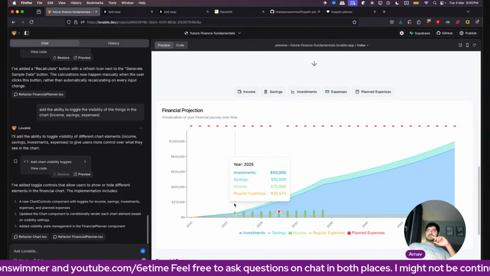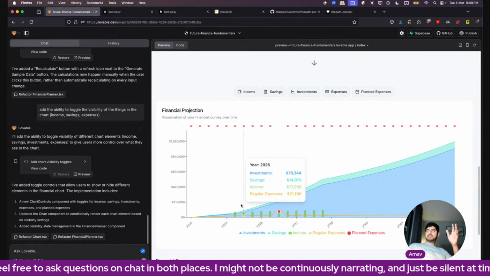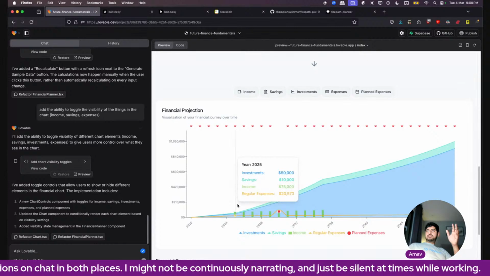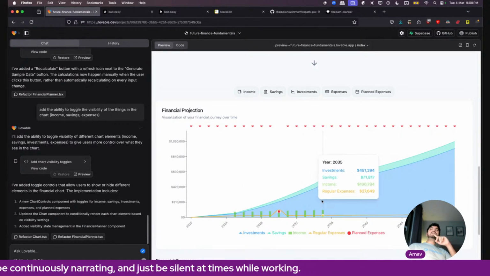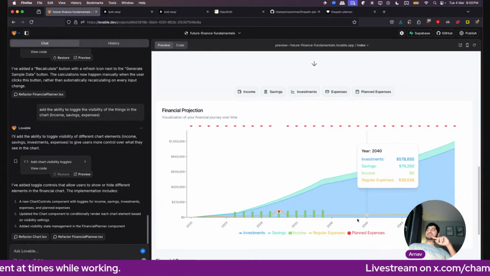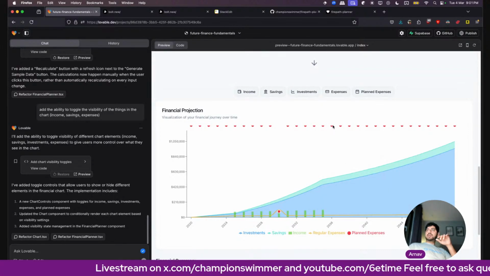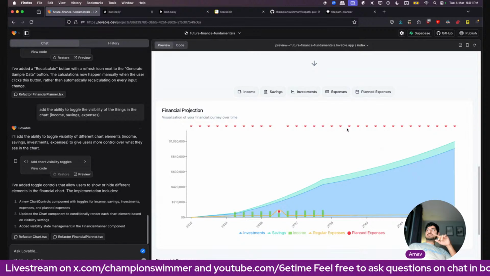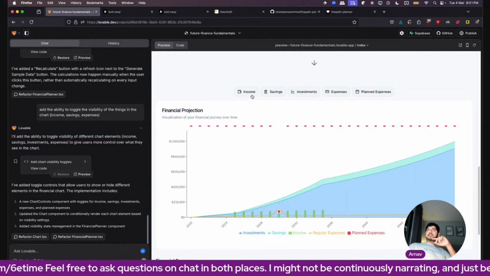Investments seem to have grown like this till this year, which is like 50,000. Then investments go to 78,000 because the money got added from the income. Pretty interesting. I think this looks great in that sense. These planned investments in the years where it does not exist should not have been like this. I don't know, zombie dots here, if that was possible.